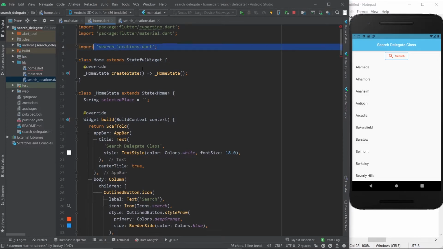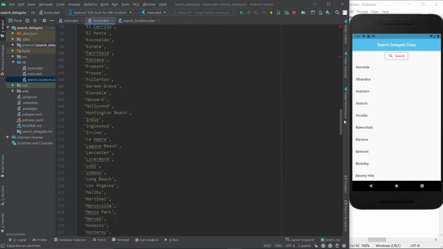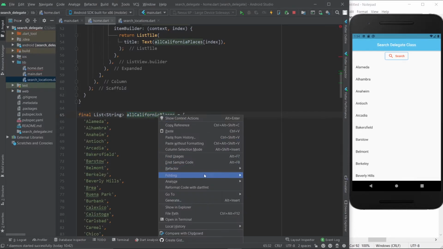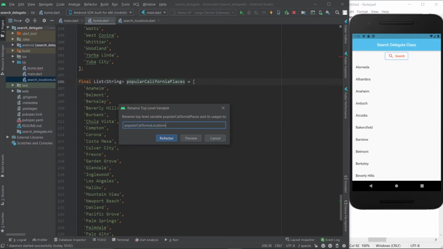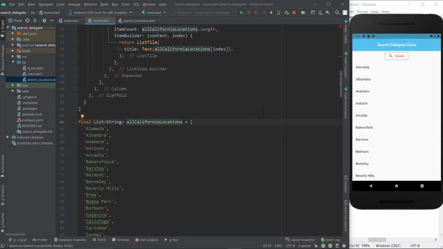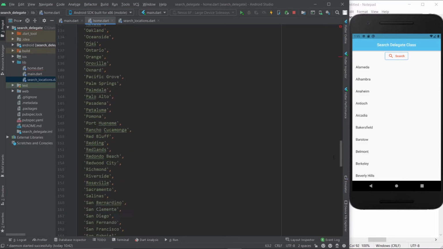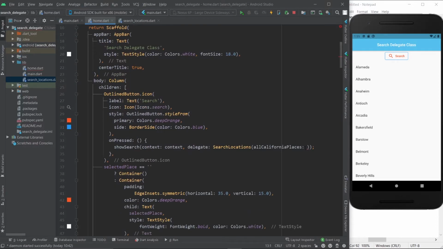It's right here. And now here we need to send over the list information for the all California places. All you gotta do is scroll down to the list, and it's called all California places as well. But to make sure you don't confuse them, let's call them locations in this file and places in the search file. Locations. And by the way, the reason I placed the lists outside of the class was just so I wouldn't have to scroll down all the way every time I came to this file. But if you want to place it right here, that would have been fine as well. It would have worked all the same. But coming back here again,